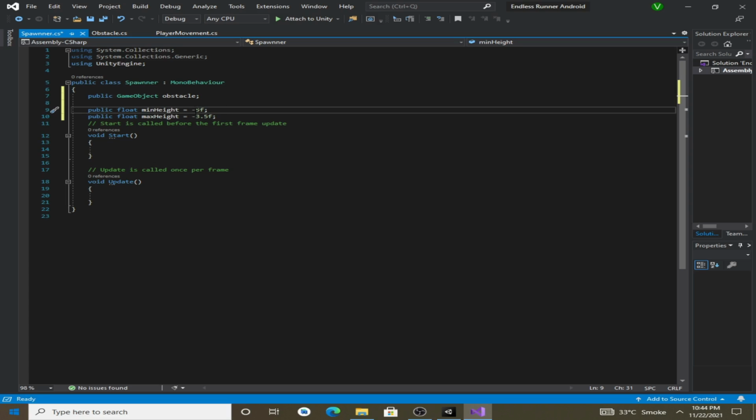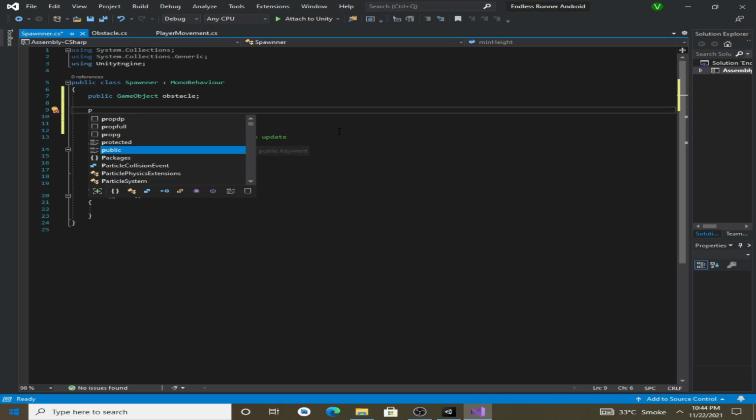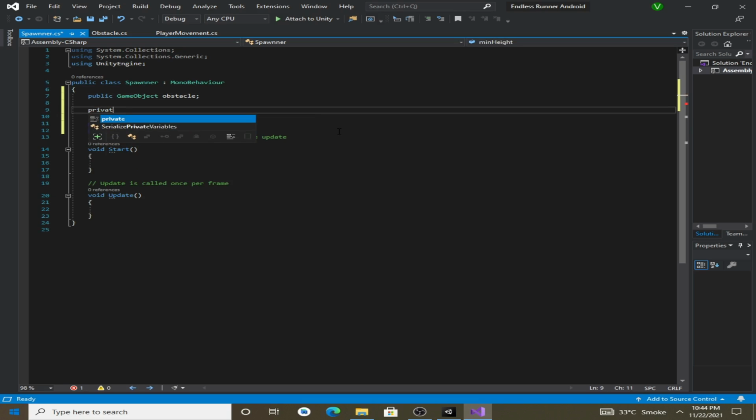So in the update method, we can make a timer to check the time intervals between each spawn. So we will create a public float and name it time to spawn, and we will default it to 1.5 seconds.